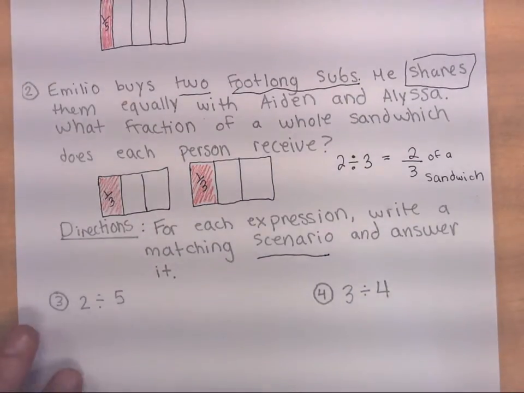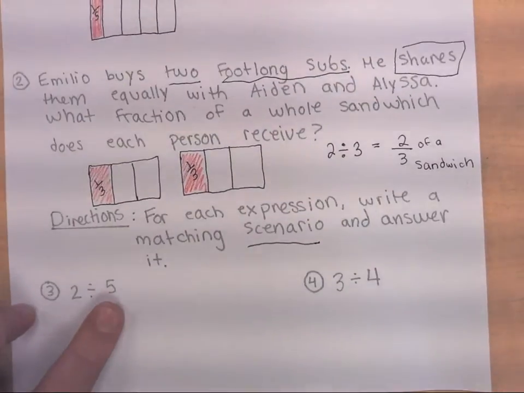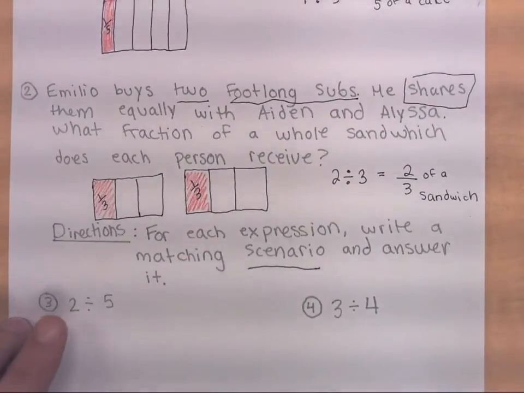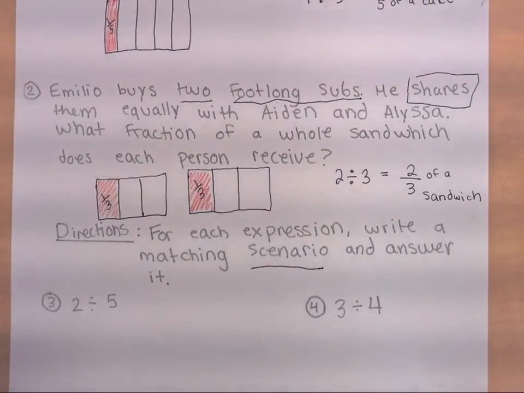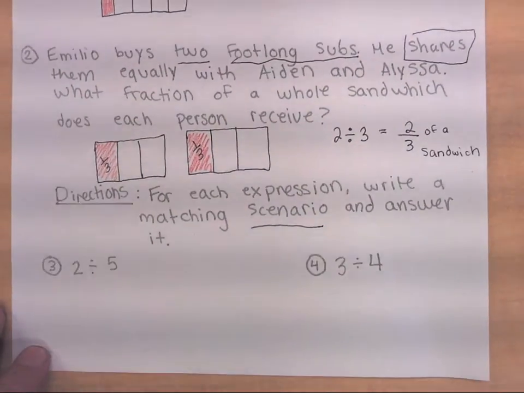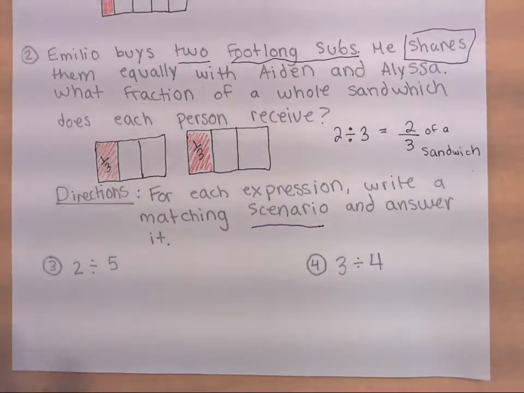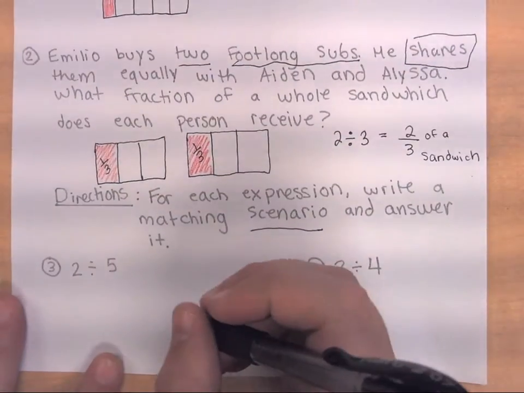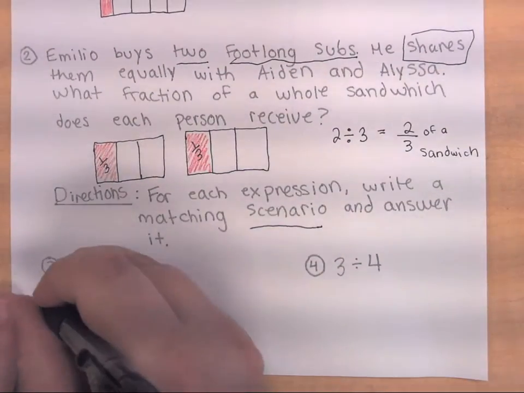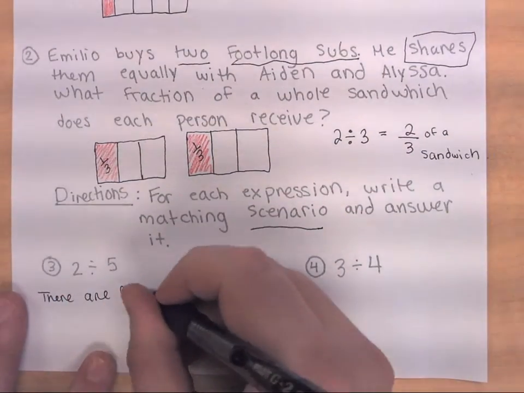So for question 3 here, we're dividing 2 wholes into 5 equal groups. So we want to make sure that whatever the 2 wholes are, it's something that can be divided or put into groups. Food is usually something that works well with fractions, particularly when we are dividing whole numbers or fractions. So let's say that I have, let's say there are 2 pizzas,